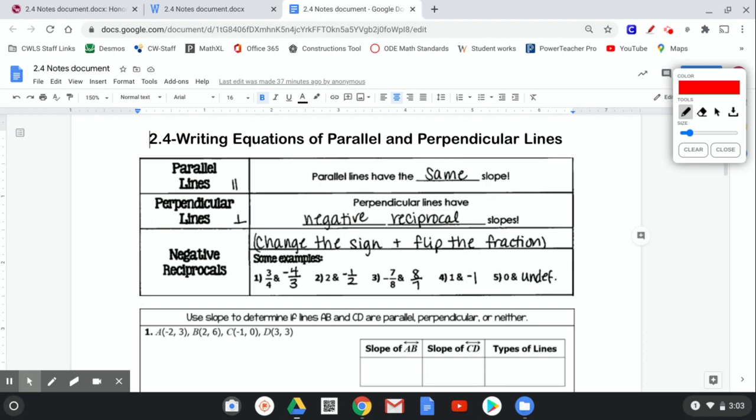So for this first part, basically parallel lines have the same slope. So slope is just rise over run. All right, so it's a change over time kind of thing. And then for perpendicular lines, I'm going to take this out. I know it says negative reciprocal, but they use negative reciprocal, and I left it there just to talk